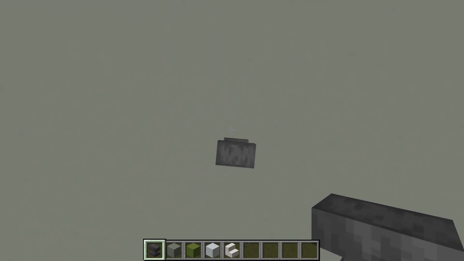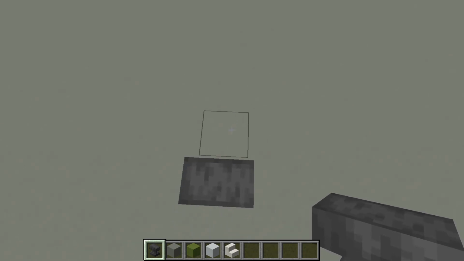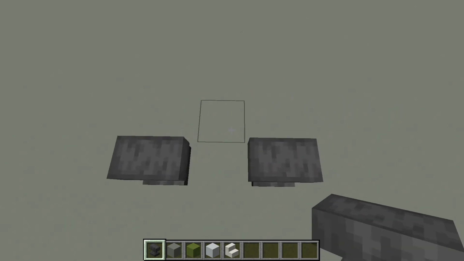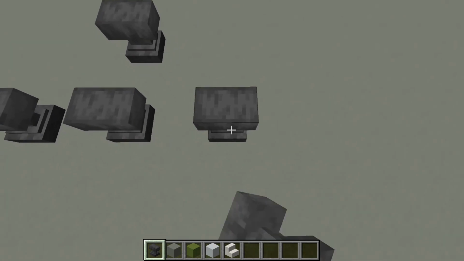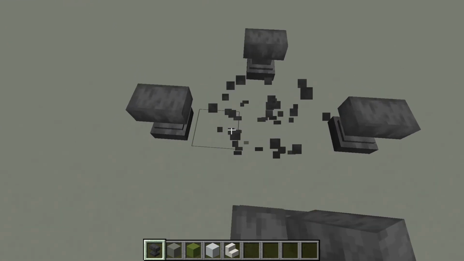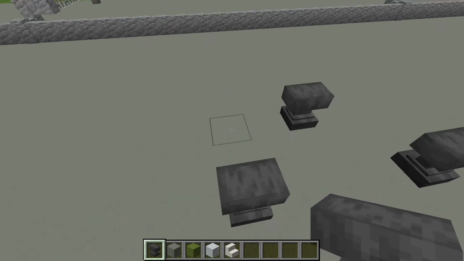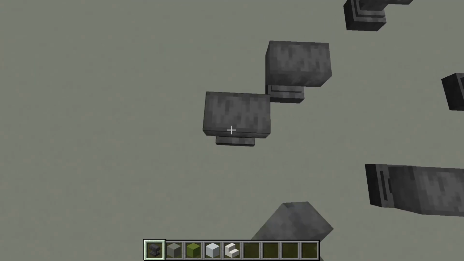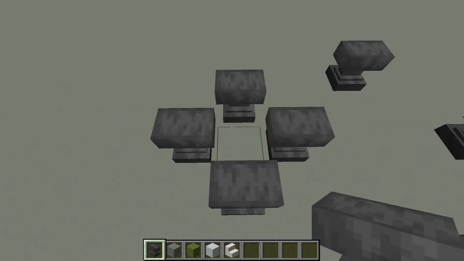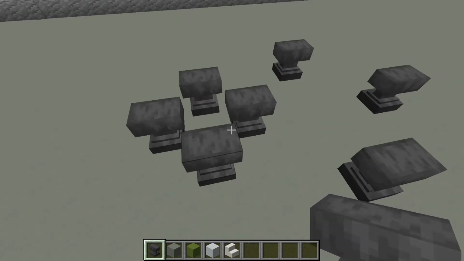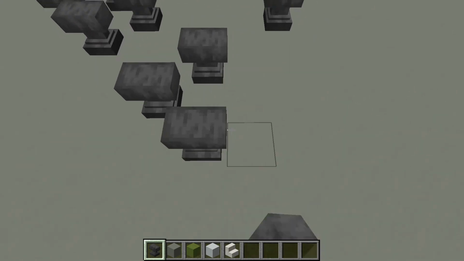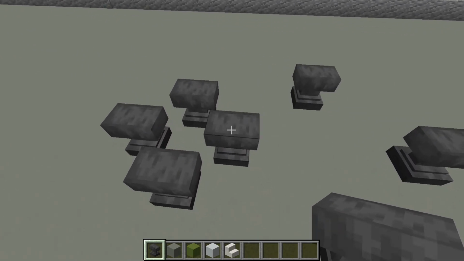So, center block here, and go one block out on each side. So, one block, boom, boom, boom. And place an anvil one block out on each side. And take out that anvil. And for each of these anvils that you've just placed, make a kind of plus sign shape or circular shape, leaving out the middle block. So boom, boom, boom, this side, and then